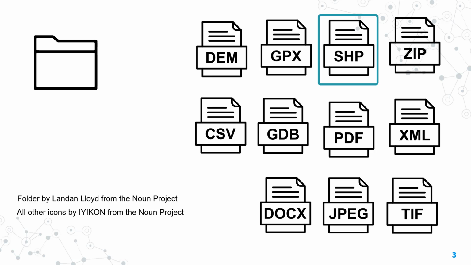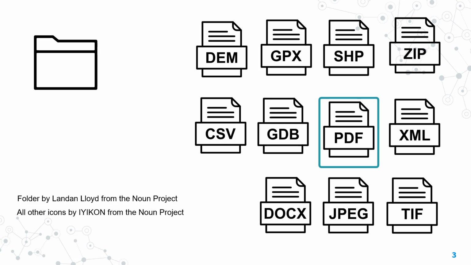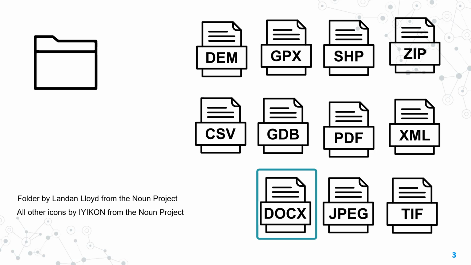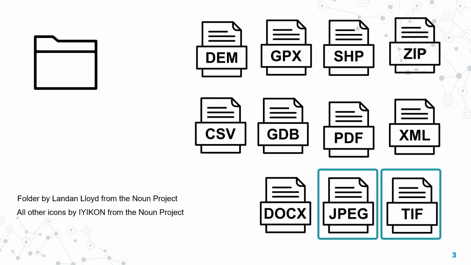You'll probably have a shapefile of the boundary of the land. There might be a zip file containing data on the vegetation types in the area. Maybe a homeowner gives you a PDF of what they hope to do with the land. And maybe you'll also find online a CSV of rainfall amounts collected at gauges in different points throughout the county, which includes the piece of land. On top of all this, your supervisor might also give you a Word document of the protocols you must follow. Finally, you may decide also to collect high-res images of the area using a drone, which you store as JPEGs